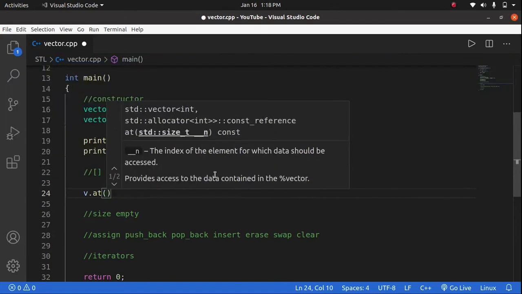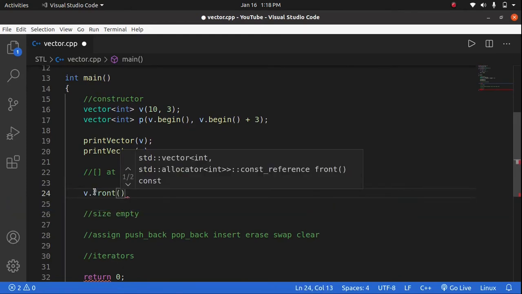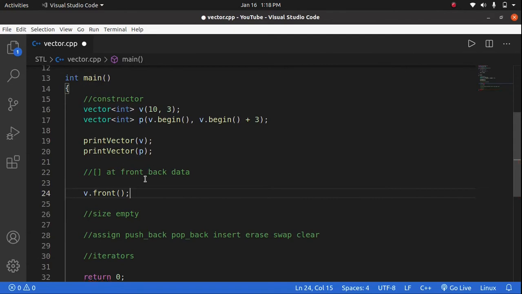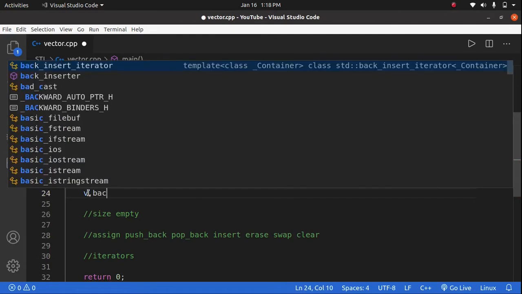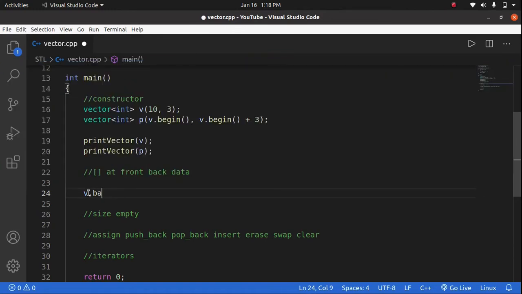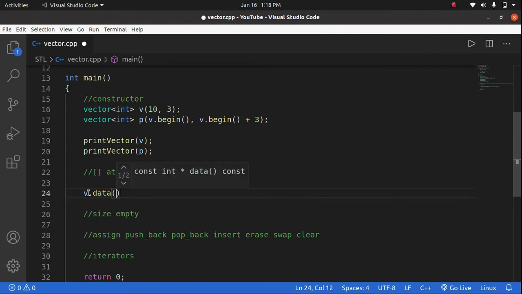Okay, that will also give the element of the vector, and as the name suggests, we can use front to take the front value of the vector, and we can use back of the vector, and the other one is data, the v.data. What v.data returns is the pointer, not the value. It returns the pointer to the first element of the vector.